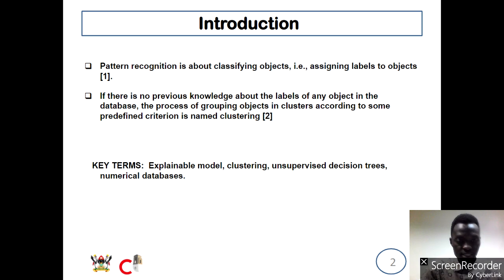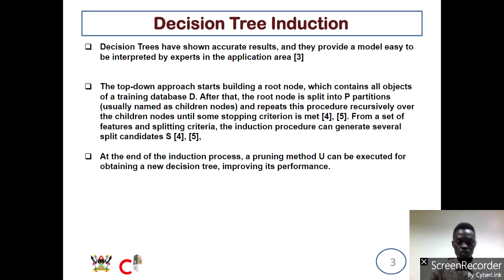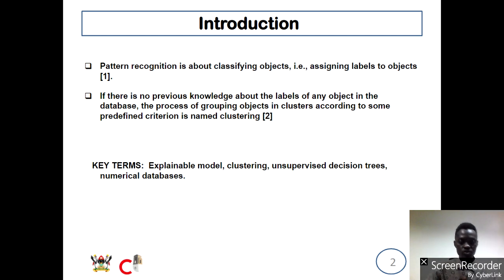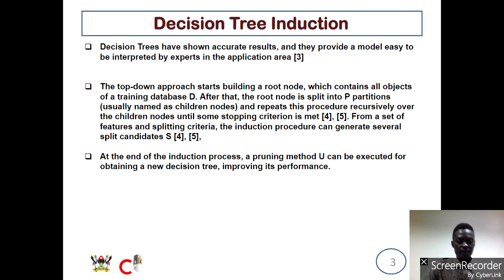The numerical databases, it's about you having a large collection of data. It can be measurement data or observational data. So we need to know that, and from there, the decision tree induction: as we talked about, you create the first guess, and after that you're able to know what is good and what is not. That is what we call unsupervised